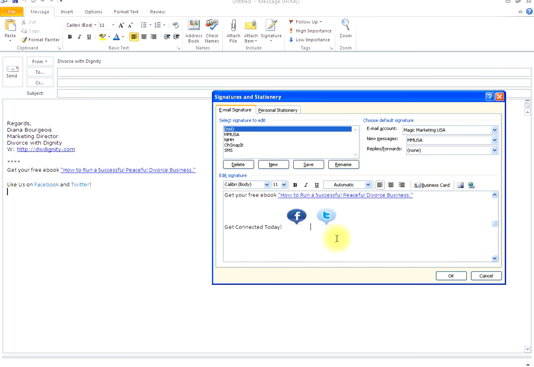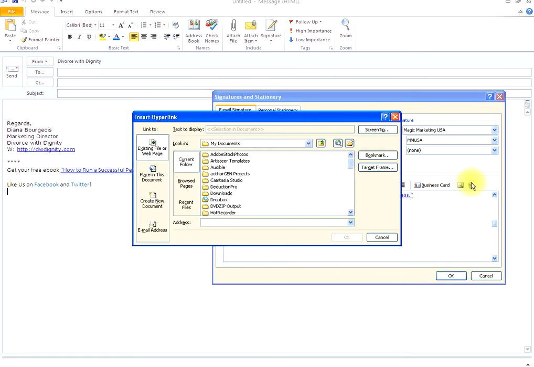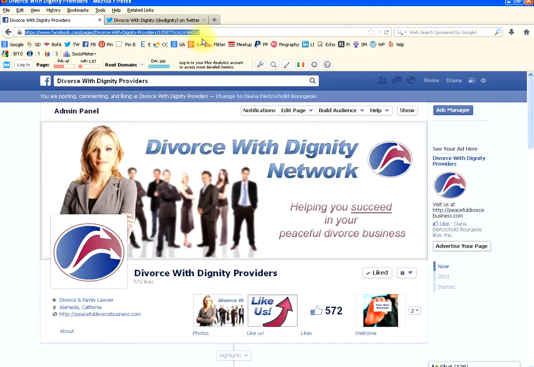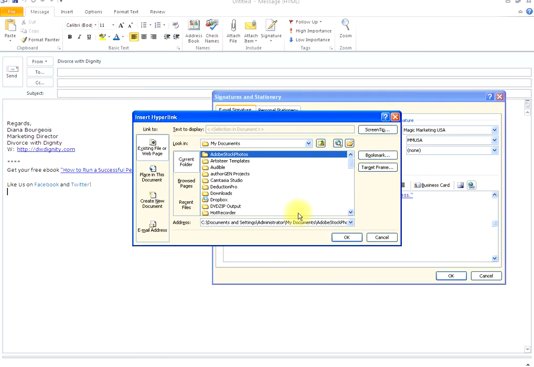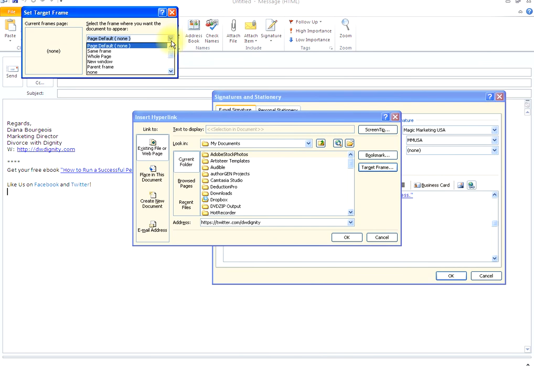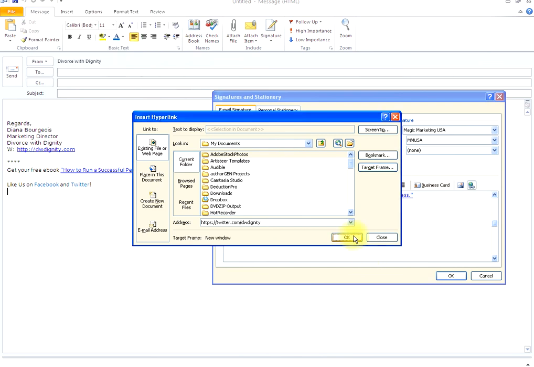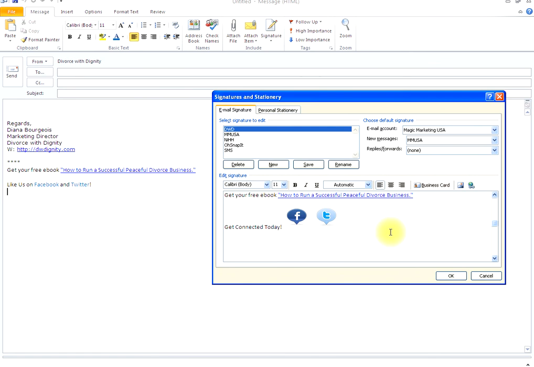Say OK. Now we're going to do the same thing with the Twitter. Click on add a URL, go out and get our Twitter URL, right click, copy, go back, erase what's there, right click, and paste. Existing file or web page, target frame will be new window, and say OK. Say OK again. Now whenever you save this